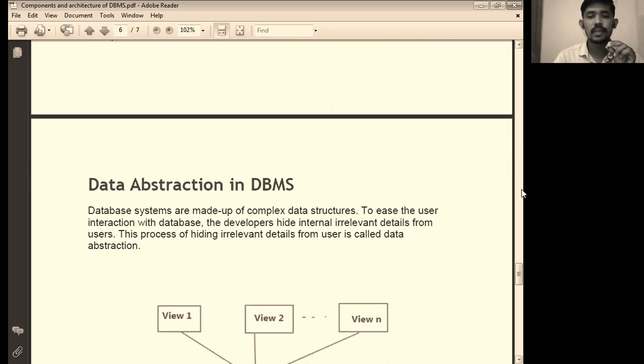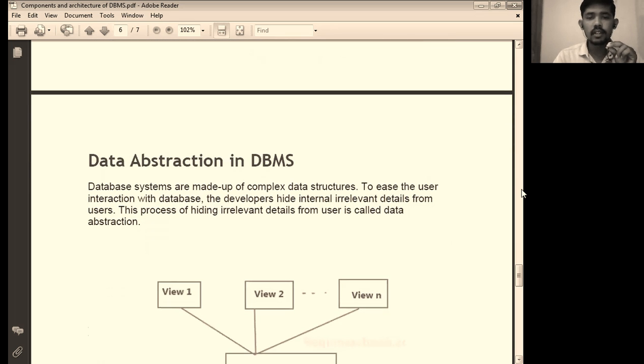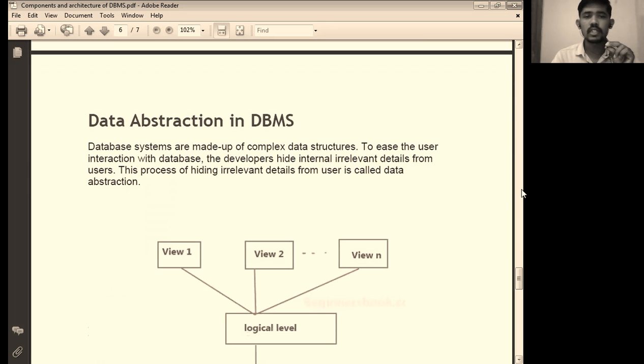So next concept is data abstraction in database management system. What is abstraction? Data systems are made up of complex data structures. Everybody knows the database is a collection of complex data structures. So to ease the user interaction with database, the developer hides internal irrelevant details from user, and this process of hiding irrelevant details from user is called abstraction.